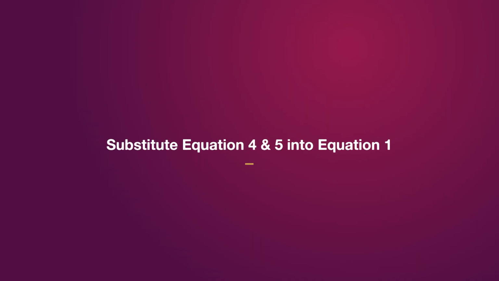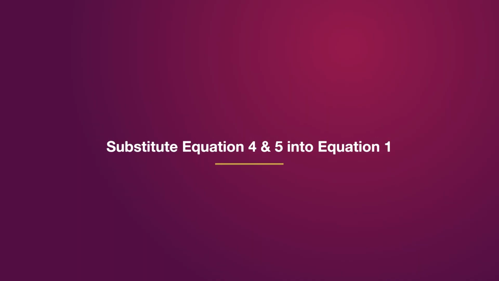If we substitute equation 4 and 5 into equation 1, we have 1 minus 4 I3 plus 1 minus 2 I3 equals I3. So we put like terms together. Here we have 2 equals 4 I3 and 2 I3 to the other side. You have I3 plus 4 I3 plus 2 I3, 7 I3. So divide by 7 both sides. You have I3 is 2 over 7,